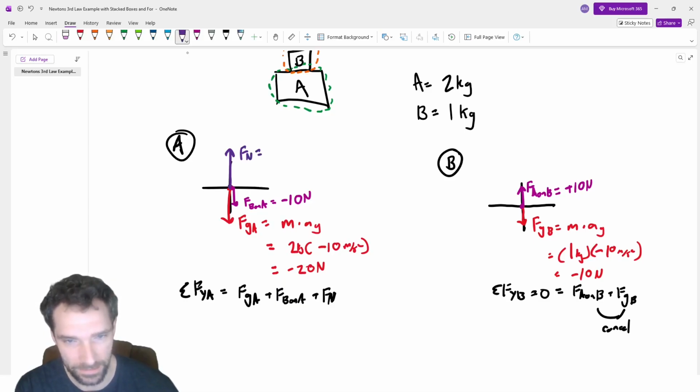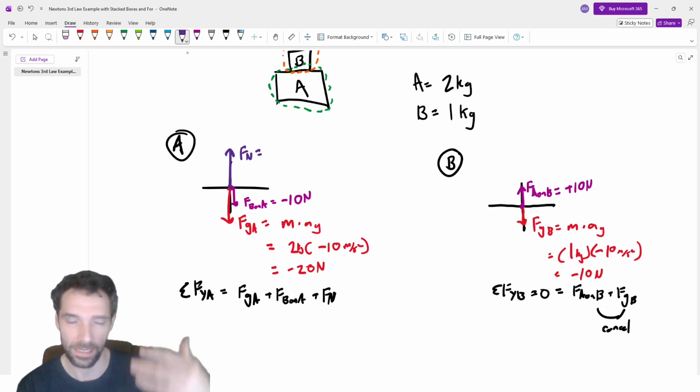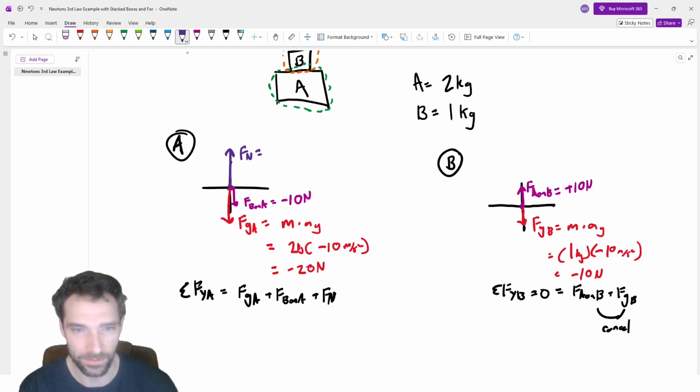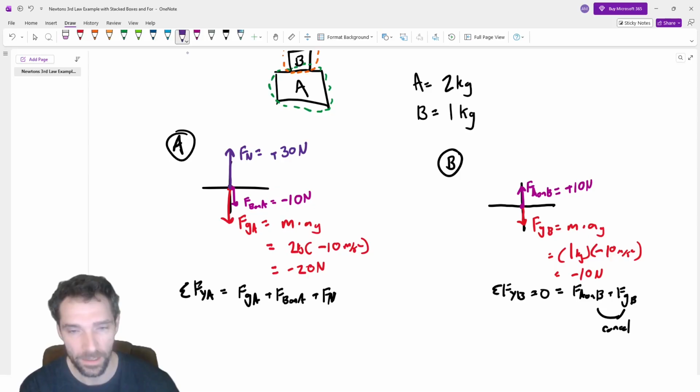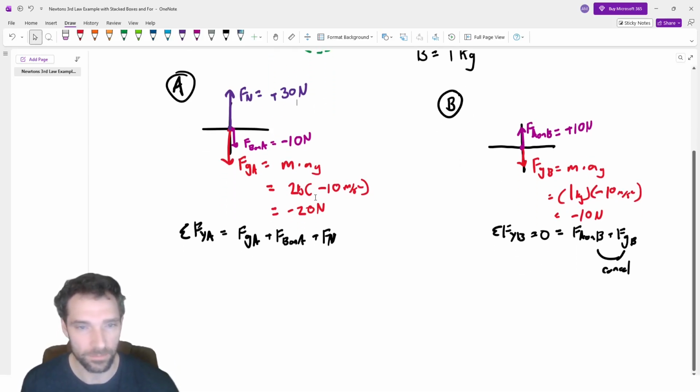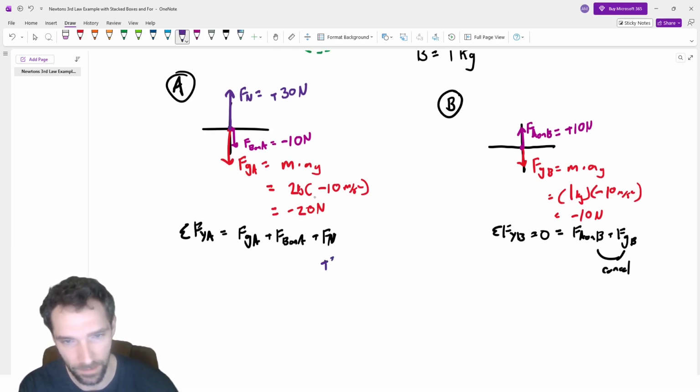You can see that has to cancel out these two that are going down by having it go up with the same magnitude, canceling that out. So this needs to be a positive 30 newtons. And so you could plug in the numbers here and see this is like a positive 30 newtons,